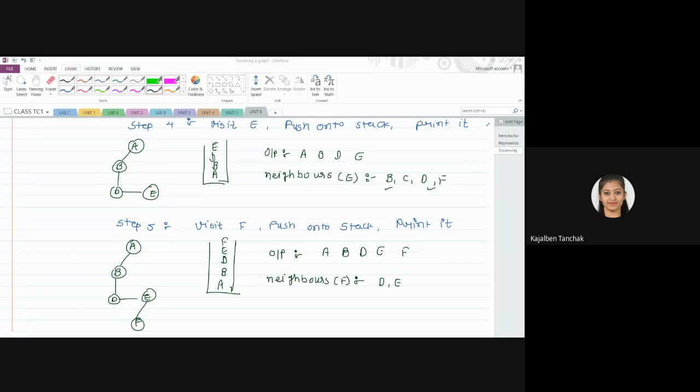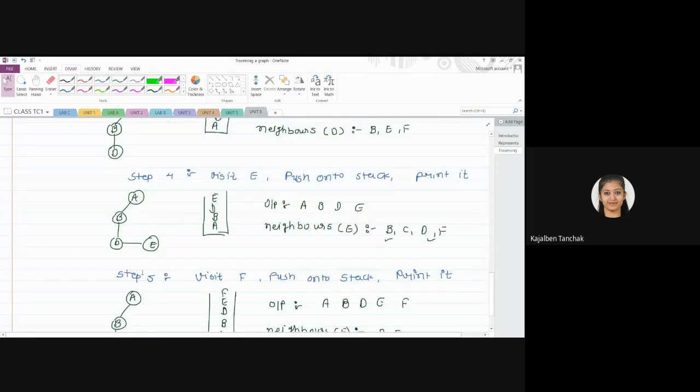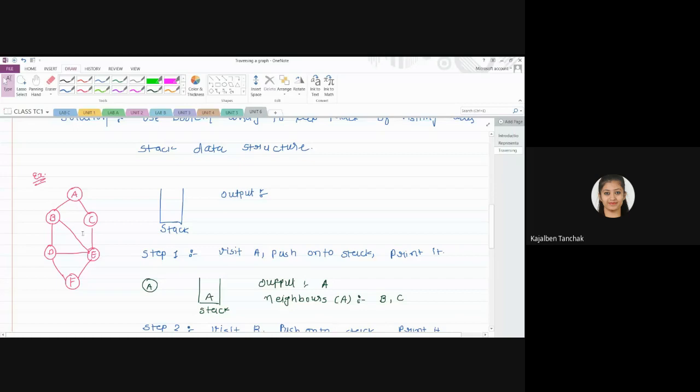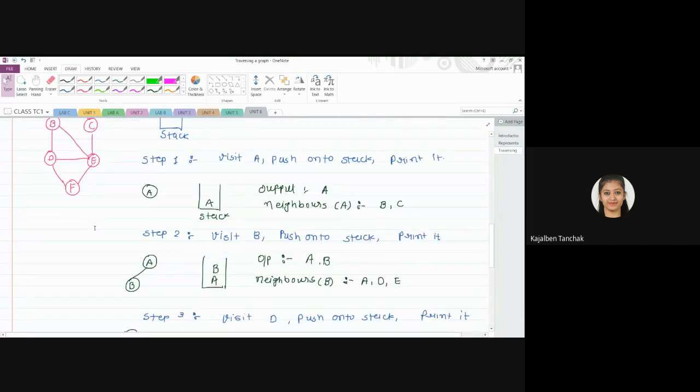Okay, fine. So now we reach the dead end. We want to visit C, but how? For that reason, what you will do, you will pop F. Parent node is E. What are the adjacent nodes of E? C, F, B, D, right? We can visit C. There is a path from E to C. So what you will do?